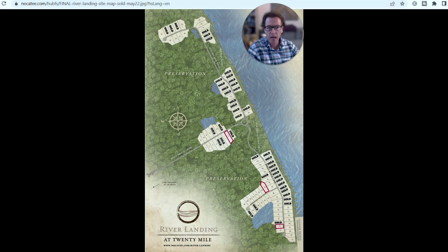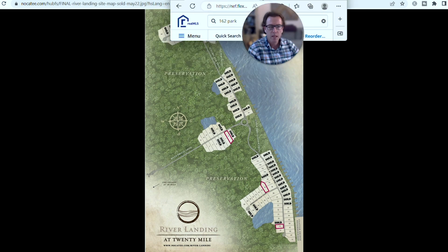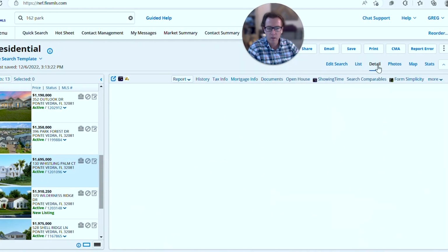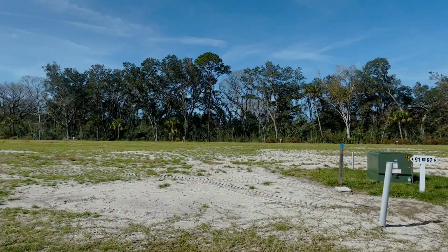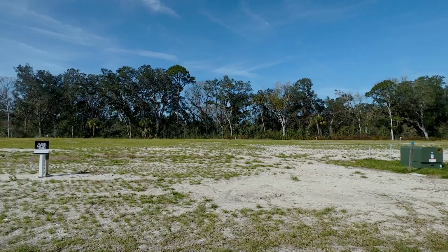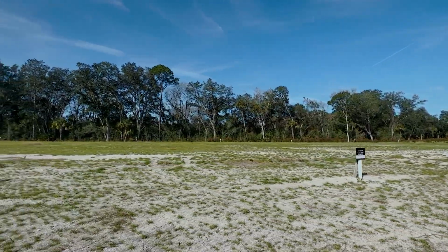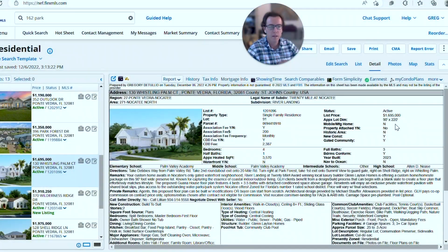I think they're like $3,600 to $4,000 to purchase that home in a package, and you can make some minor changes if you like. But those ones, as I see here on the MLS, they run around 1.7 to 2.1. So this is one of the homes right here. This is lot 91, which we walked the lot. It's about 90 by 220 feet, 90 feet front, 220 feet back, and they're listing at about